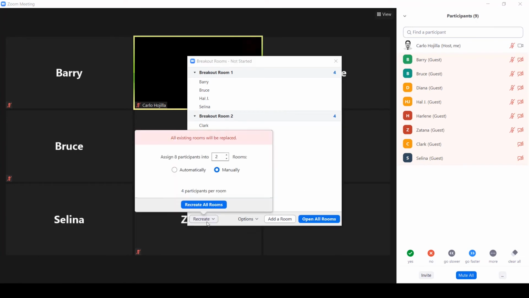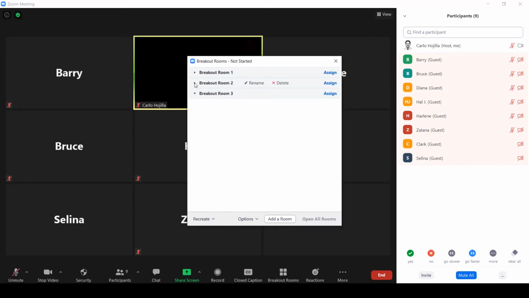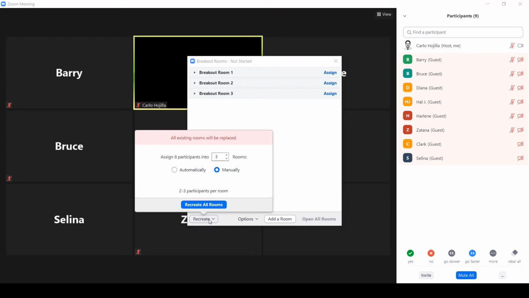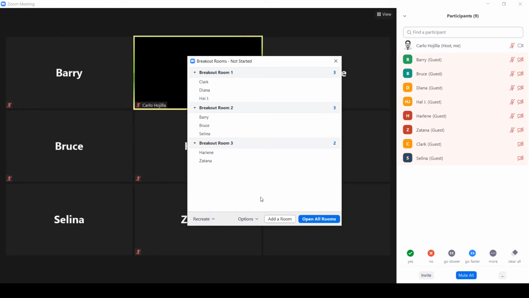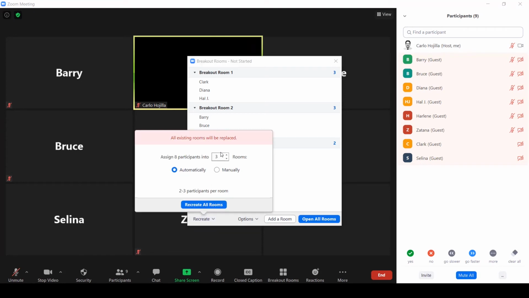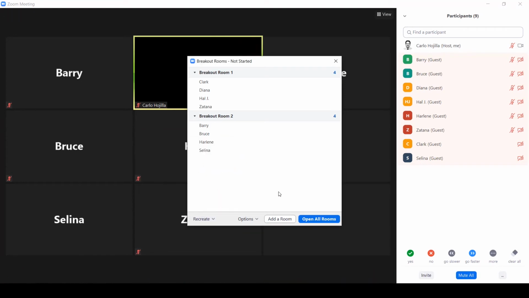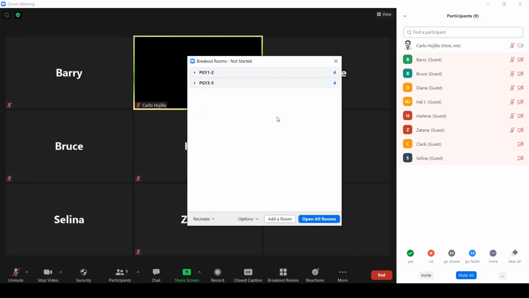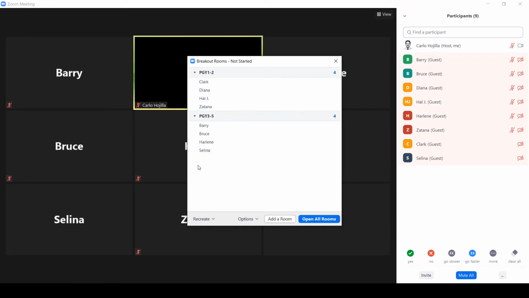So at this point, you have the option to recreate the breakout rooms if needed. So in this case, we'll reshuffle to 3 rooms. So you can see breakout rooms 1, 2, and 3. Here they've been randomly assigned however you want, or you can reshuffle them again. In this case, we'll put it back to 2 to recreate each room. You can also rename. In this case, we're renaming the breakout rooms to however you want it. Once you're satisfied with the breakout room list, just hit open all rooms